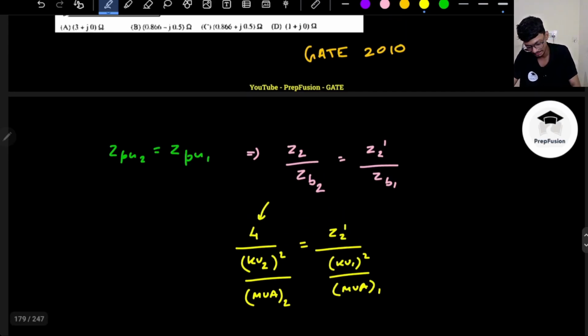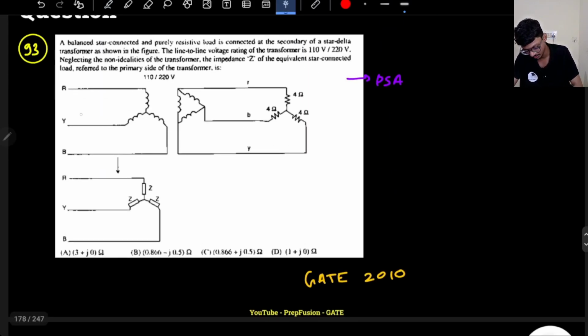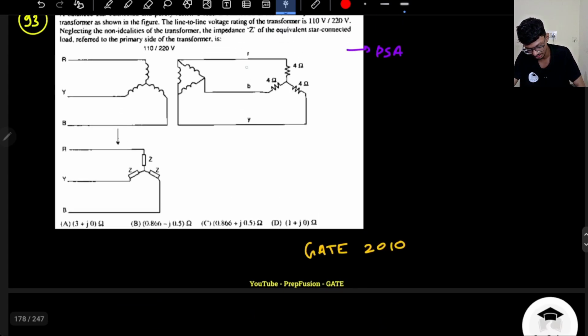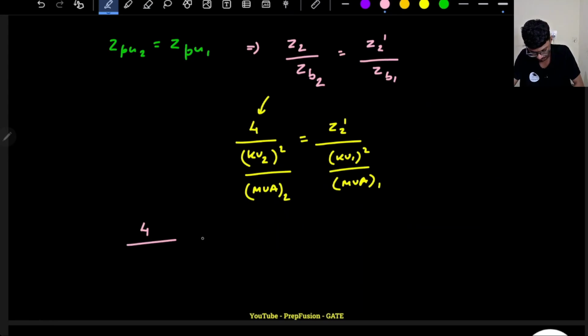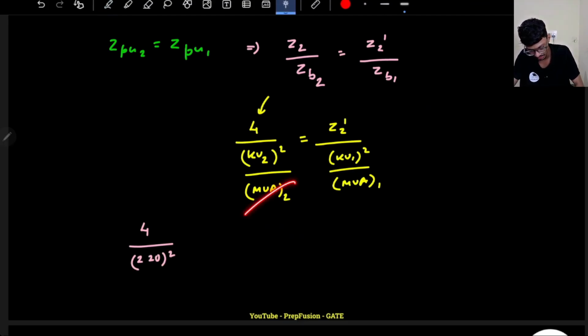Here, kV2 and kV1 are always with respect to line voltages. We will always write with respect to the line voltage because the impedance is connected in the line only. So this will be 4 upon kV2 whole square, it is 220 whole square into MVA. MVA on the secondary and MVA on the primary is the same because transformer MVA is conserved, so it does